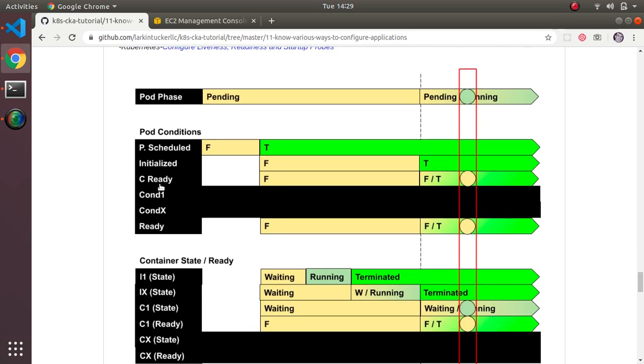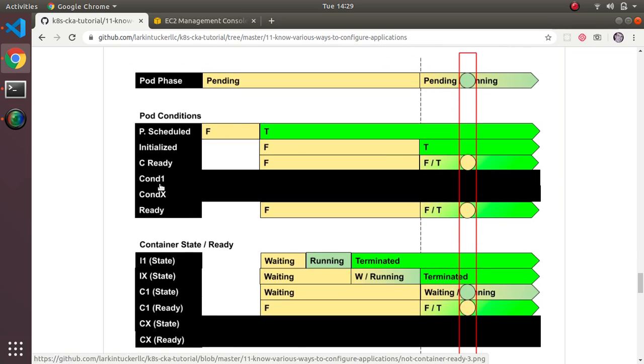So the example we're going to do here is we're going to have everything start up fine. Our initialization will start up fine, and the container will actually start up fine and be running. But we're going to deliberately fail the readiness probe, in which case it'll never be ready, which means my containers are not going to be ready, and thus the pod's not going to be ready. Now, if you look at the example here,